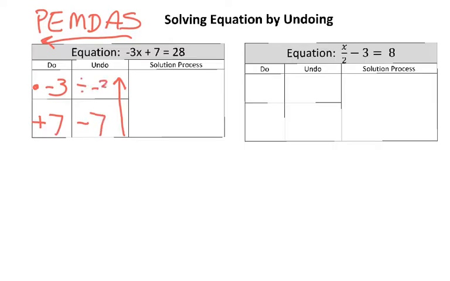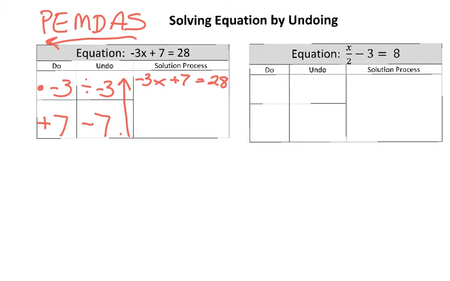by negative 3. Undoing means the opposite operation and doing it in the opposite order from the normal order of operations. Let's see how this applies to the actual equation. If we start off with negative 3x plus 7 equals 28, and we follow our undo steps, we would first subtract